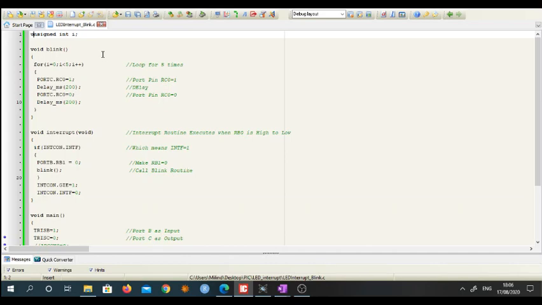So here I have defined one variable, unsigned integer i. Then I have written one function over here, a blink function. This function will blink for 5 times. See, I am using a variable i, and i is varying from 0 to 5. So till i is less than 5, it will work. So i varies from 0 to 4. That means 5 times the LED will